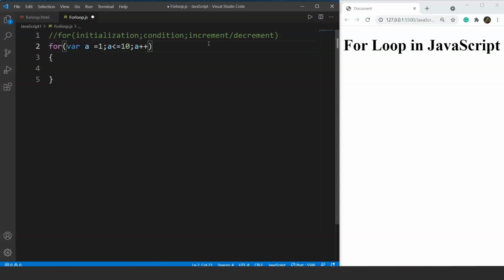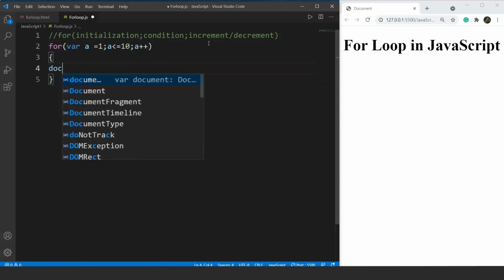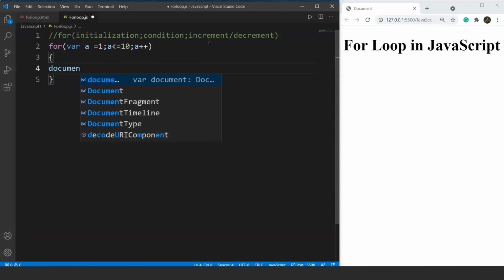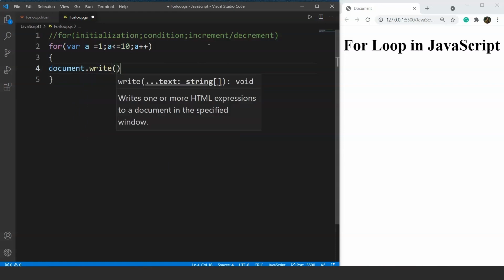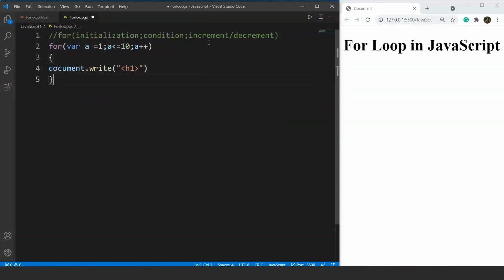Next up, the body of for loop will go like, so what we want to print here, we want to print the table of 10, right? So we'll use document dot write, and inside document dot write we'll use the h1 tag. So what we want to do is we want to print the table of 10, right? So we'll multiply 10 by a.